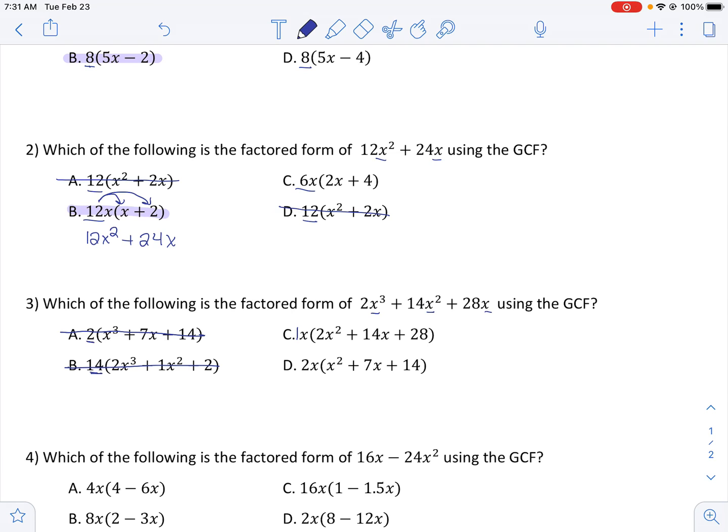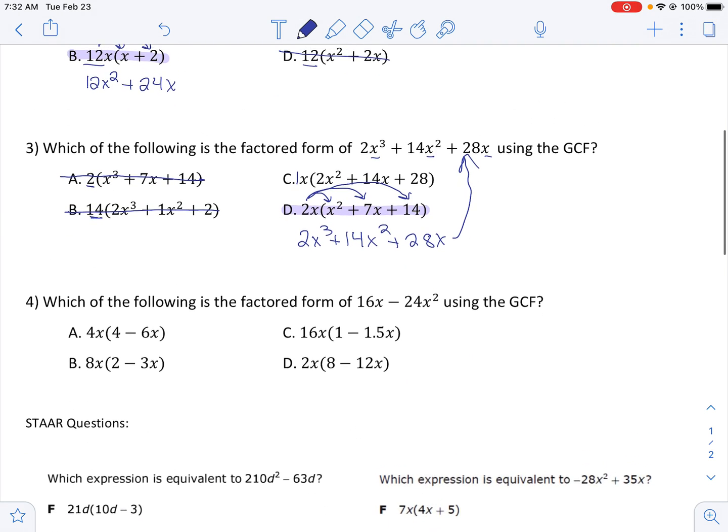is 1, and D is saying that they have 2. Well, 14 is divisible by 2, and 28 is too, which leaves us with this as our final answer. Again, you can always check by distributing. 2x times x squared would be 2x cubed, which is the first term. 2x times 7x gives me a 14x squared. And 2x times 14 gives me 28x, which is what we started with,